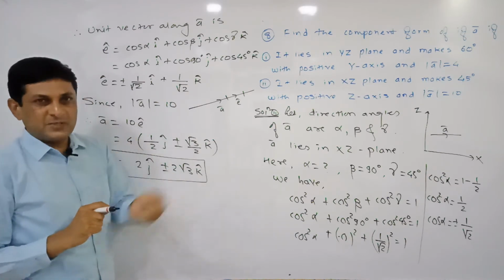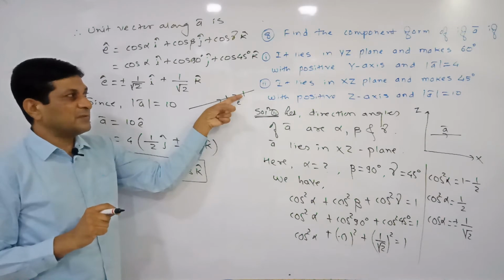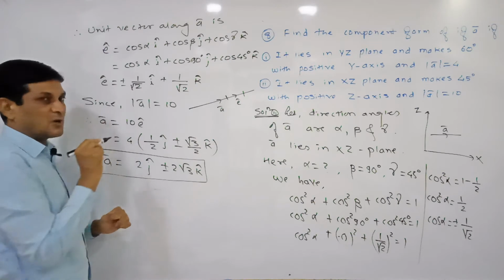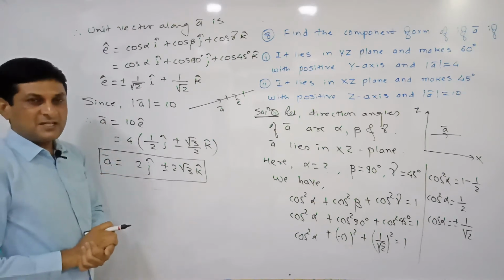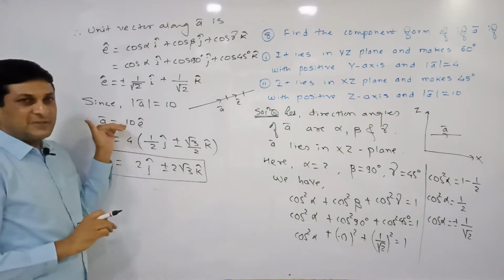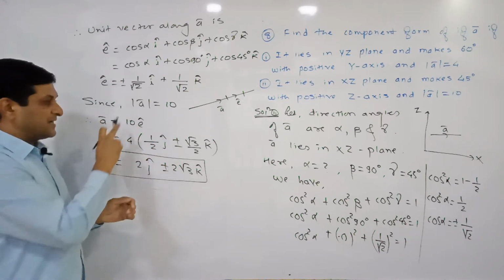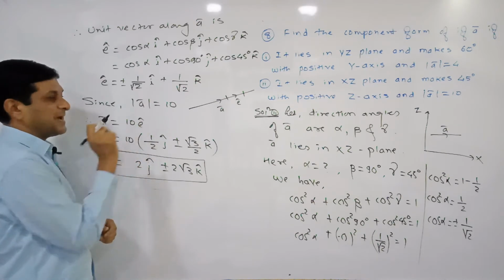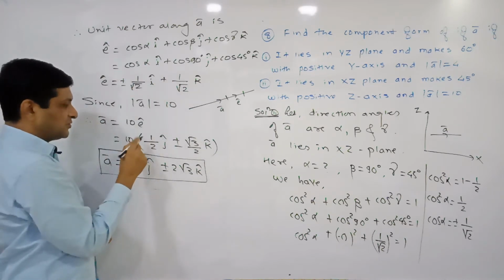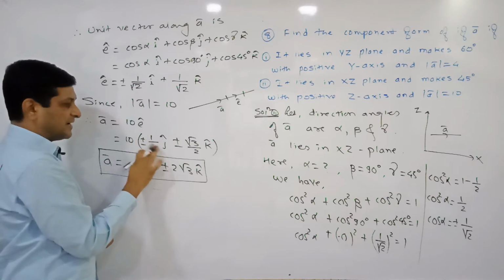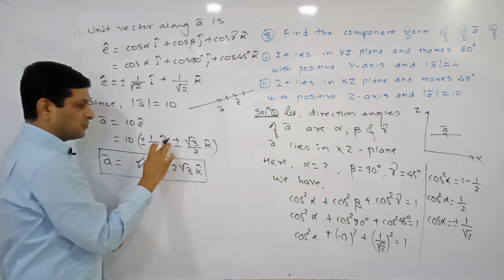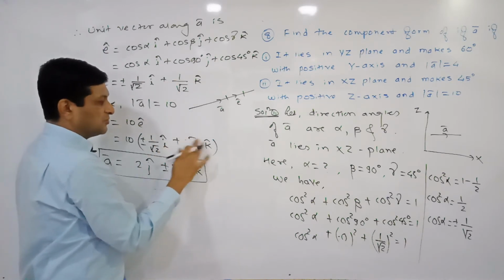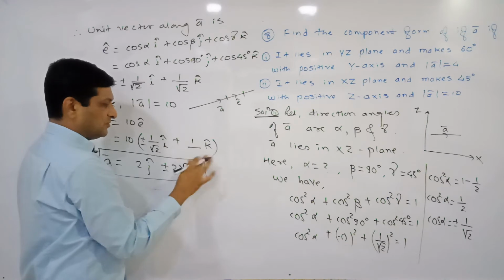So here two possibilities are there. Maybe this unit vector is in the same direction or in the opposite direction. So that's why here we have to take plus or minus. But if you observe, the answer given in the textbook is given in only one direction. That's why we are not taking plus or minus here. Well, keep this 10 as it is, and replace e cap by its value. The value of e cap is known to us. Plus or minus 1 by root 2 i cap, and again the last term is plus 1 by root 2 k cap.